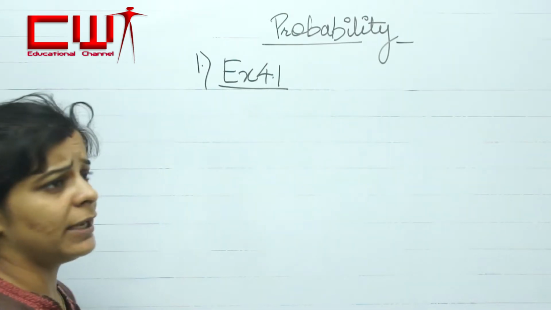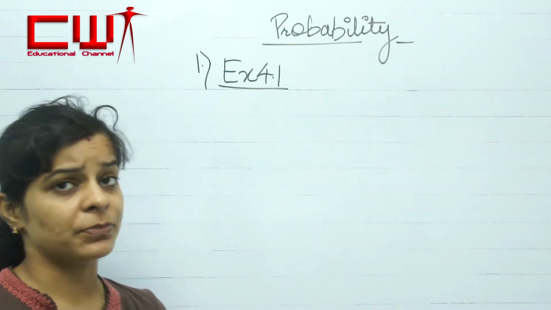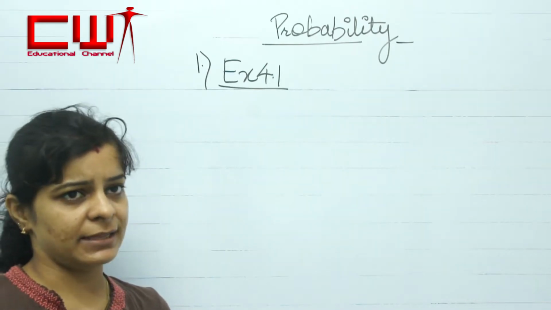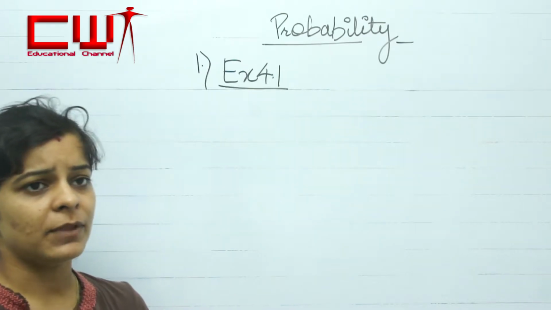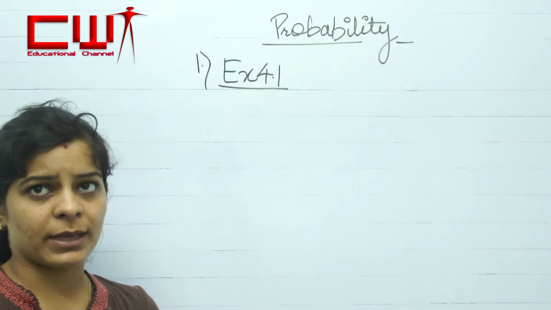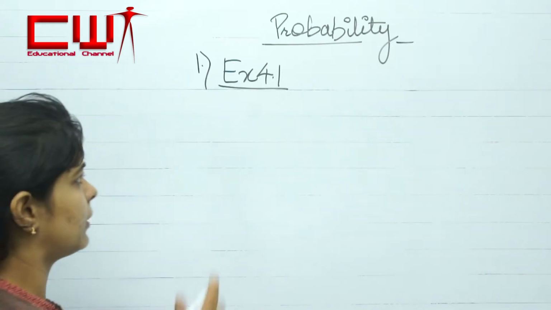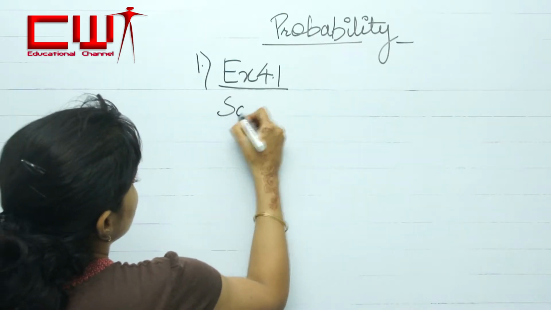So in probability, you never know what might come. A coin means you have 2 sides, either head or tail, right? So with 3 coins, anything might come: heads together, tails together, head, tail. Let's see what it will be. You will have